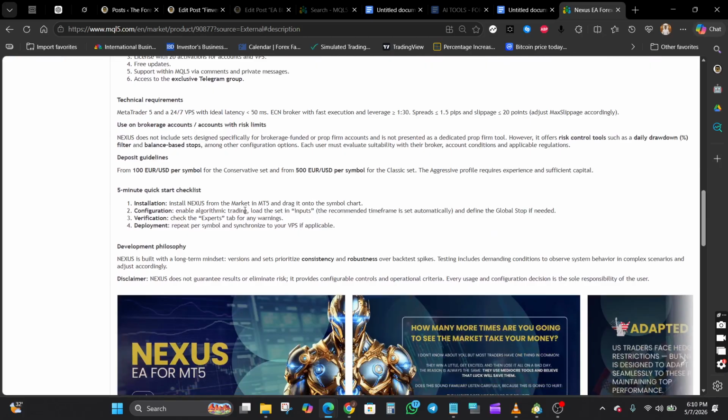So overall, this is not a simplistic beginner EA. It's clearly designed around layered risk management and adaptive filtering rather than raw trade frequency. Now, moving into the backtesting side,